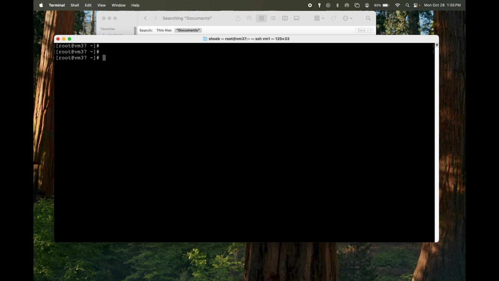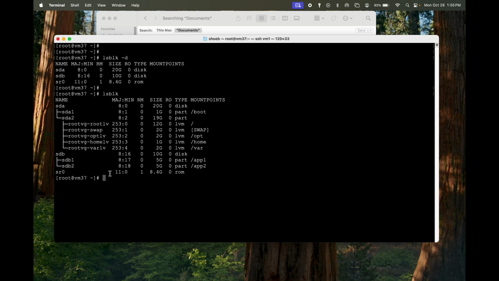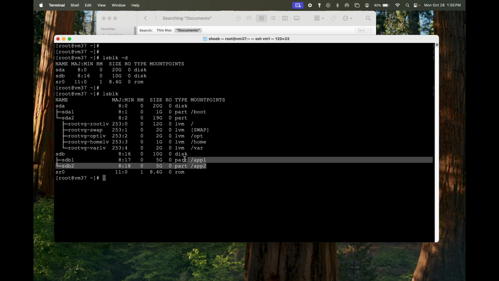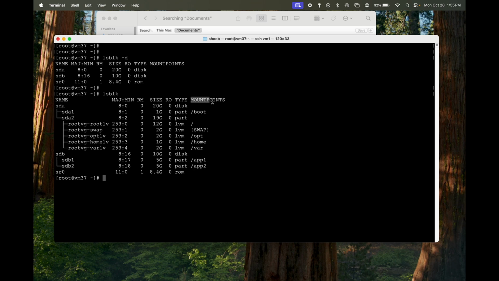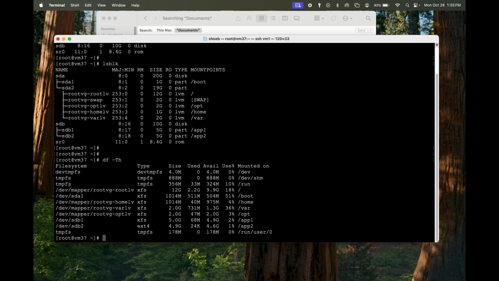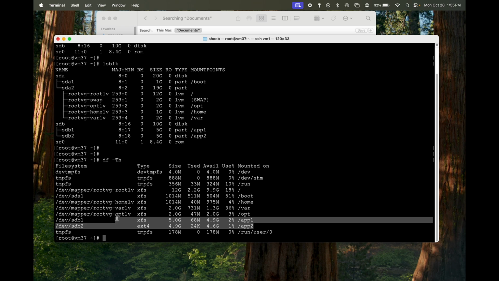So let's first check how many disks we have on the system. I'm going to run the command lsblk -d. We have two disks, SDA, SDB, and a CD-ROM. Let me just run lsblk by itself. It seems like SDB is in use and it has two mount points. Okay, it's mounted on app1 and app2. I can run the df -th command